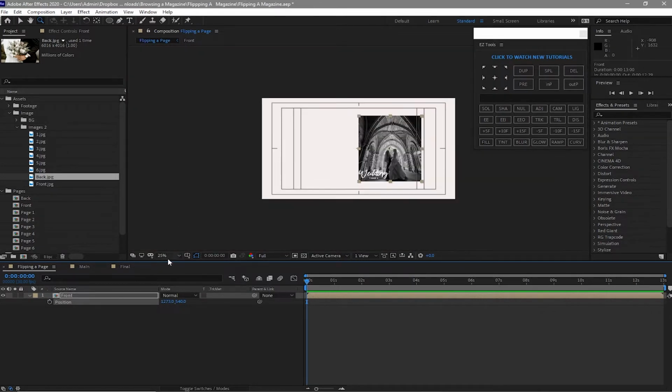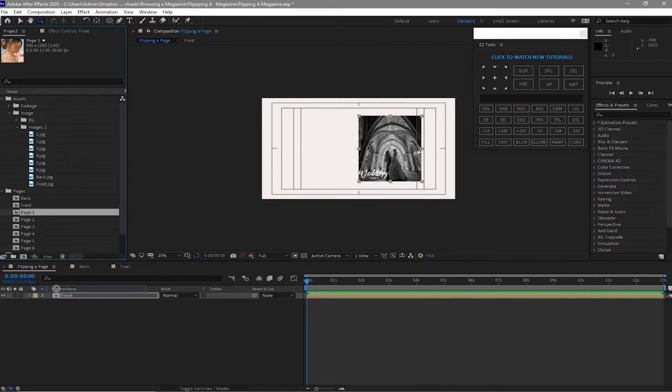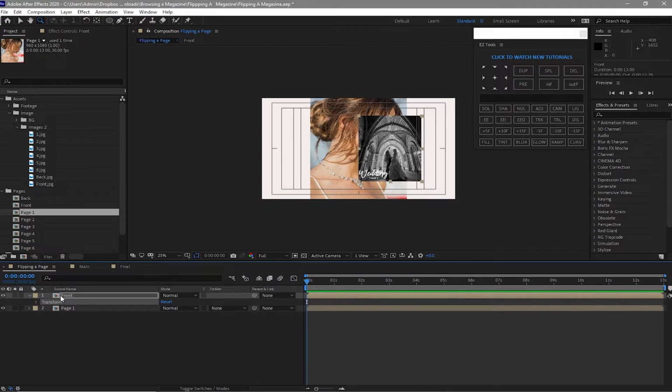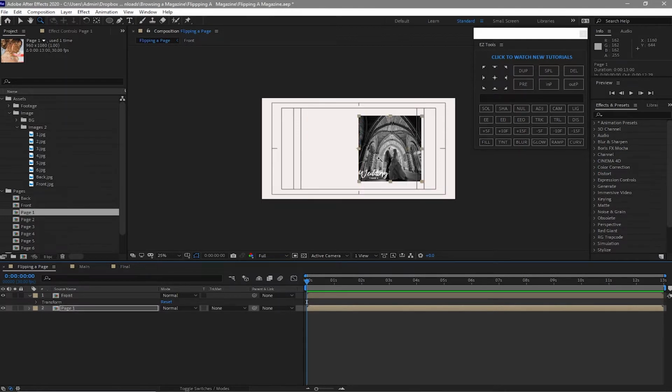And minimize it again and drag down the page 1 to your timeline and open this one up. Control C to copy the transform and Control V to paste it. So now the sizes are the same.